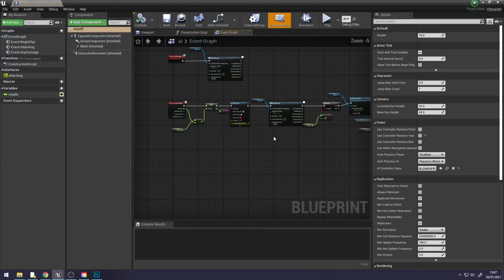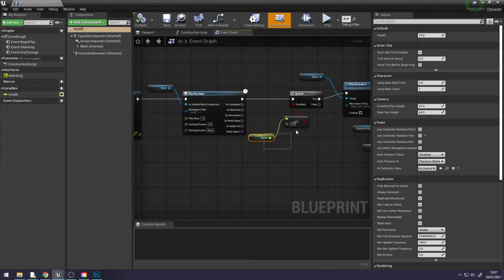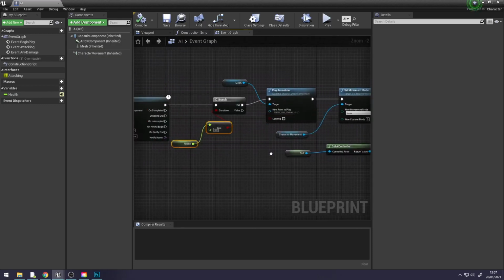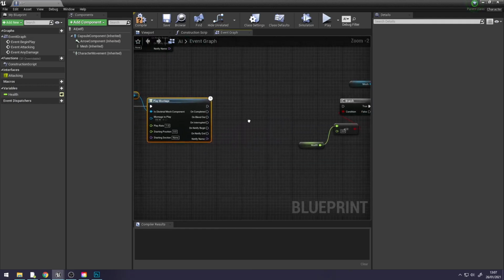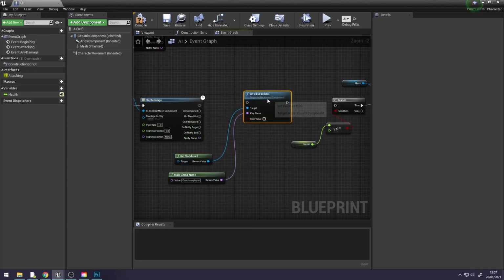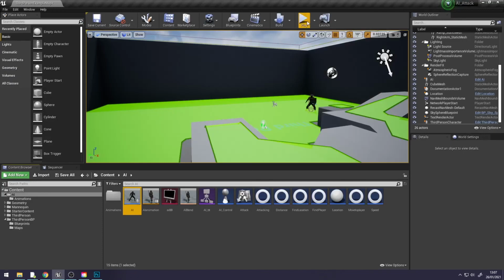go into our AI character blueprint, and then after play montage, just before the death event, I'll call it. So left click and detach play montage, and then Control V and paste it in here, and then attach play montage to set value as bool. So we want to set the bool true when it takes damage, and then just attach it to the branch here. So make sure you check this box. Compile and save. So now if we test this,